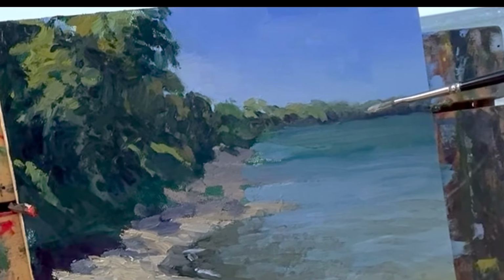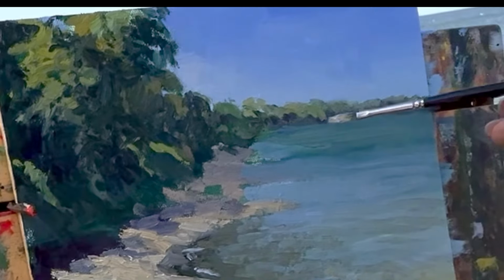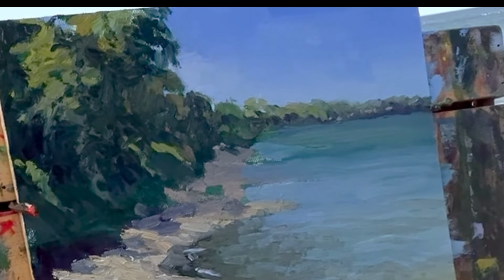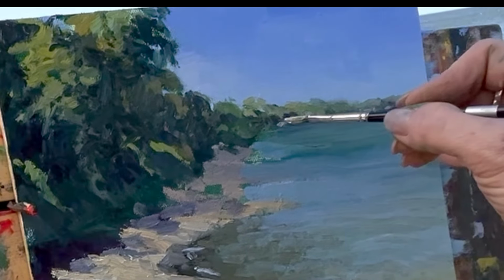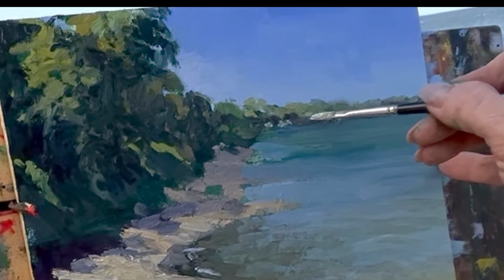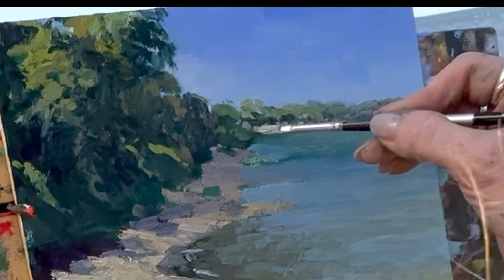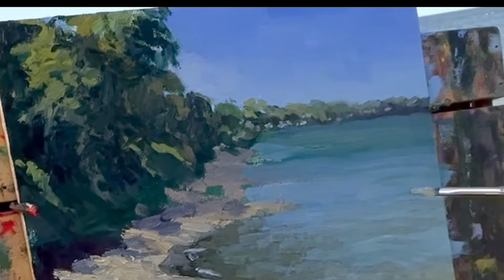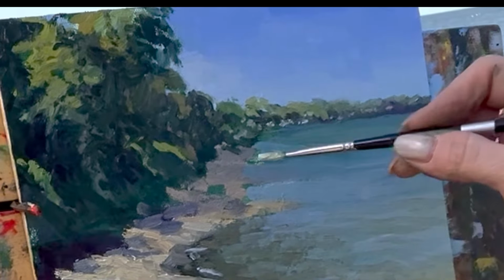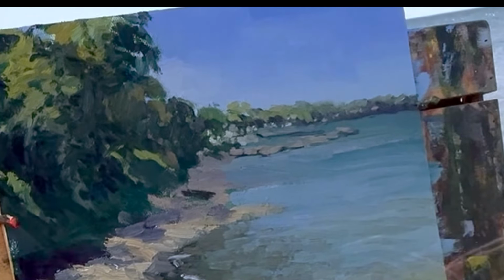Now, I wanted to keep their values in the same family of sort of a dark to middle tone. Some of those highlights coming through, I wanted to accentuate with a brighter, vibrant, sunnier green without them pulling away from the focal area. So further in the distance, they're much cooler, bluer, lighter. I've added just some suggestion of housing, little white dots for that. It doesn't have to be any more than that. And then I do some of the rock